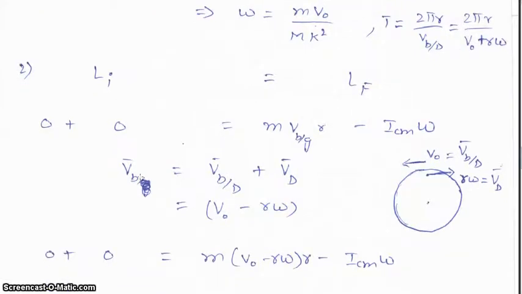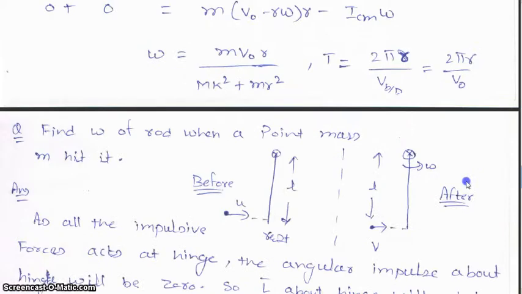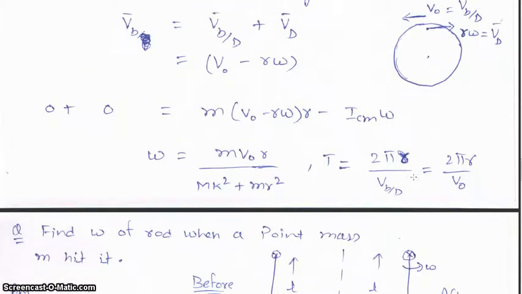In the next example, when the velocity v0 is with respect to the disc, we have to find the absolute velocity of the boy, which is with respect to ground, and it will come out to be v0 minus r omega according to this diagram. The boy is moving towards the left and the disc is moving towards the right, so the velocity of the disc will be minus r omega, and the velocity of the boy with respect to the disc is given as v0. Putting this in the expression, we get the new angular velocity of the disc in the second case, and the time will be 2 pi r by v0.